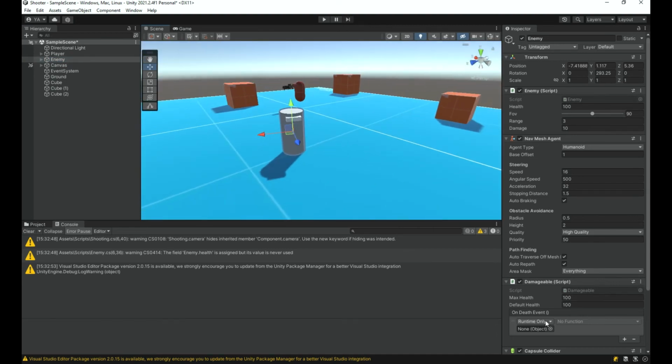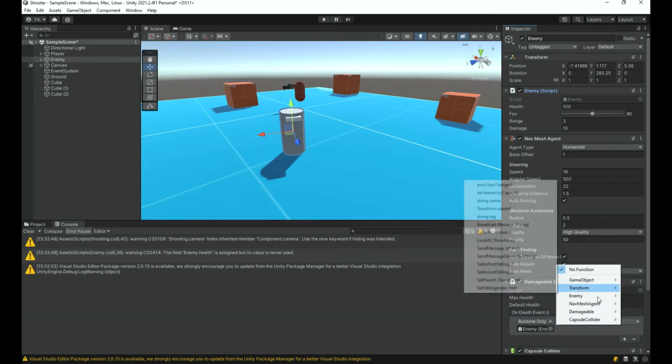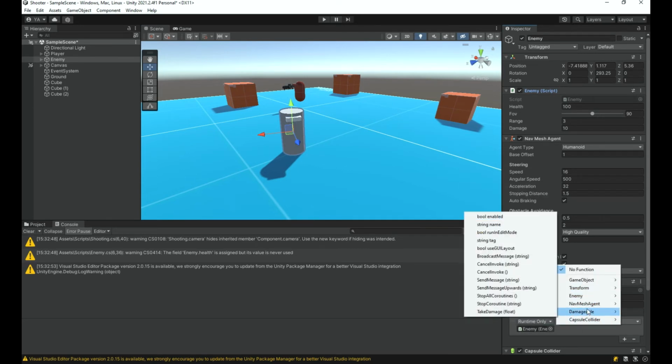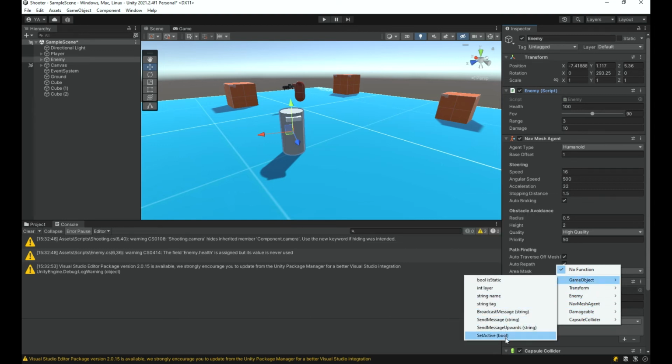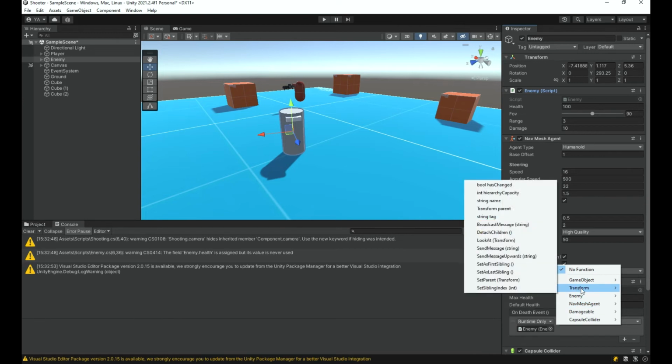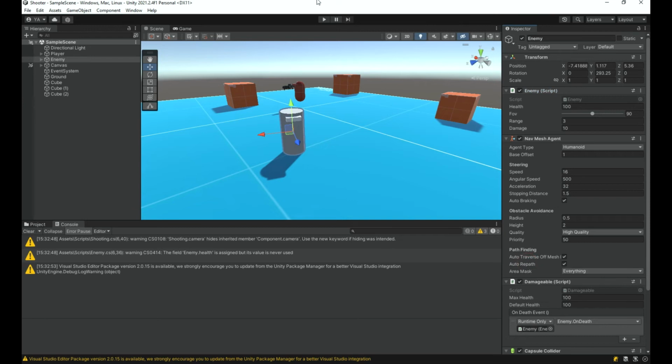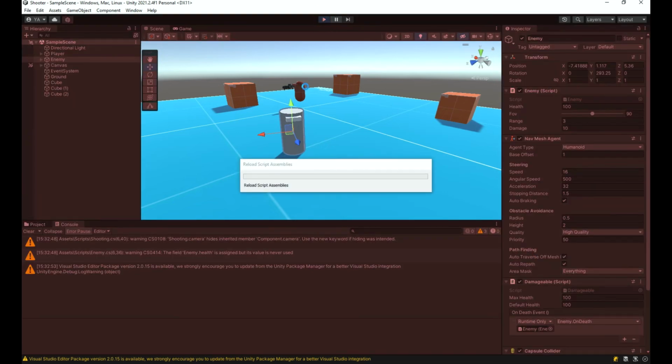What I'm going to do here is go under here, and in this None Object panel, I am going to drag my enemy script. Now in the function dropdown you need to select the class that the function is contained in, which is of course Enemy. You can also call the GameObject general functions like SetActive, but I'm going to go under Enemy, and in here you can see the OnDeath function, and I'm going to just select that. And now if I hit the play button,